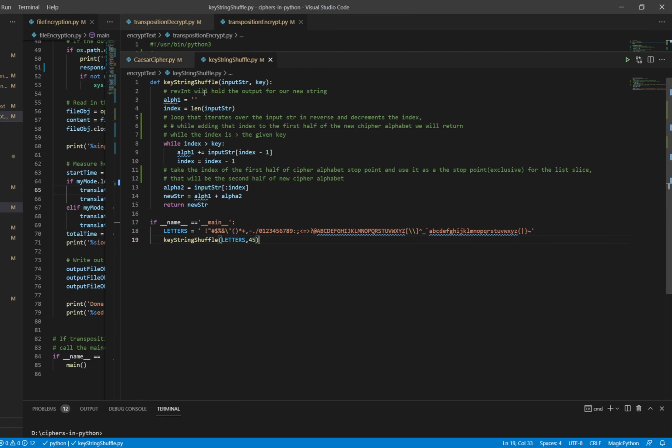Now, keystring shuffle, we initialize a variable that will be the first half of our new cipher alphabet. So what we're doing is we're scrambling the cipher alphabet based off of the key and the length of the message. Well, no, based off the key and the length of the cipher alphabet. Sorry. And what that does is